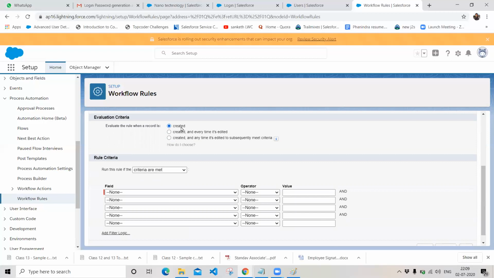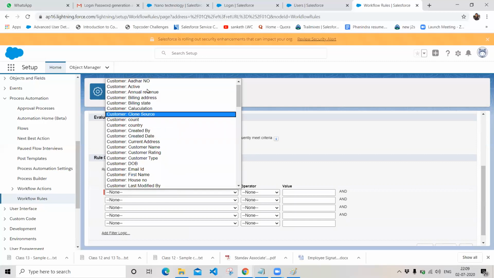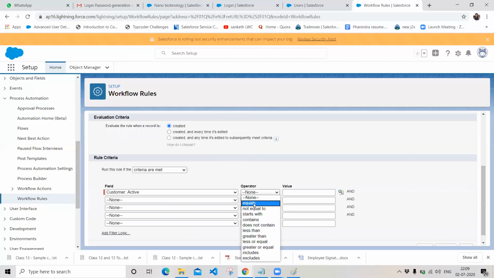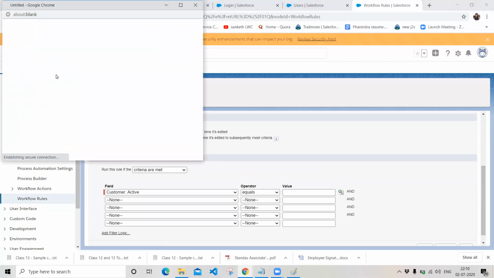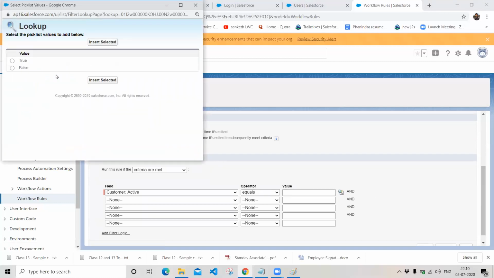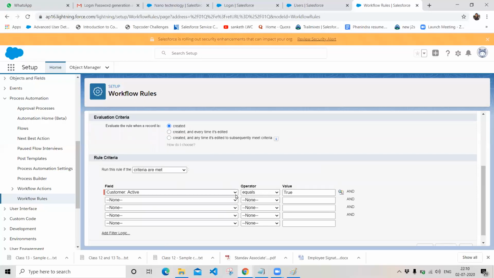Whenever you are creating the record, I am giving a specific criteria saying that the rule should fire only when the customer active status is equal to true. So whenever you are creating a record with the active status of a customer record as true, only then this workflow rule will fire.